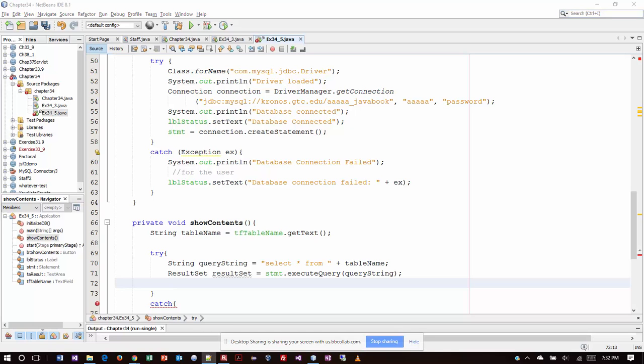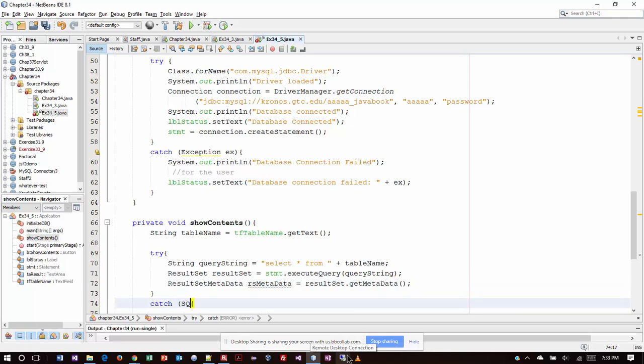And then one thing that's new to us is this thing where we're actually pulling back what they call the metadata from the table, which in this case is the column headers from the table. All right, and that's just another method that runs that does that. But one thing I forgot to do here with my catch is I should probably put it in an exception handler. So let's call it SQL exception, and I'll just call it X. That's why it was flagging